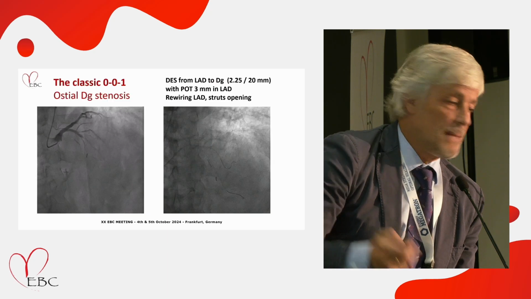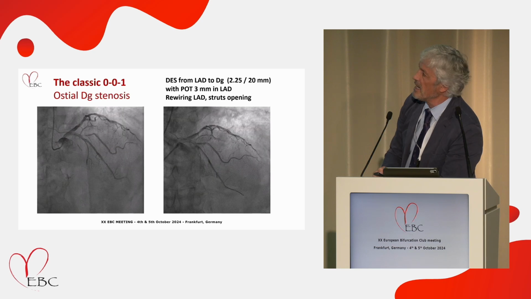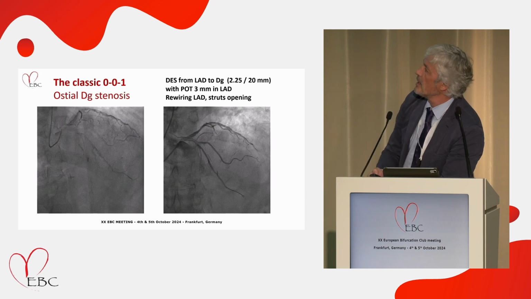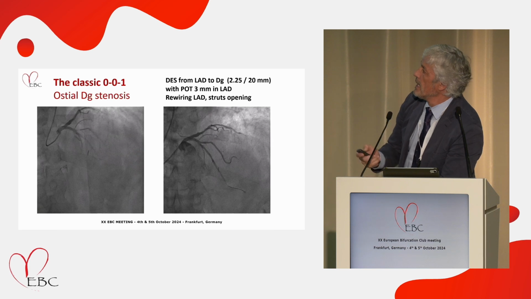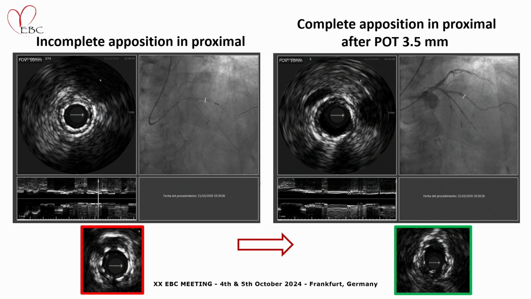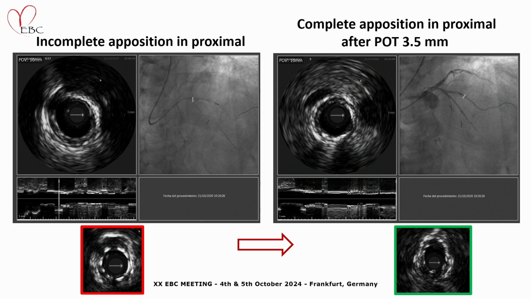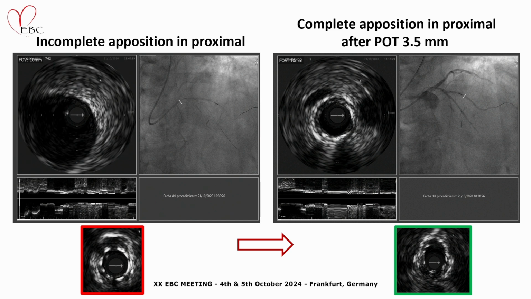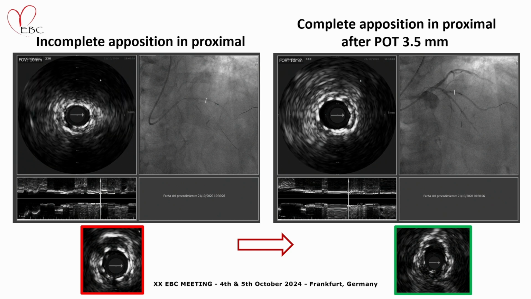We have another example of the classic 001 diagonal stenosis that was treated with the DES from LAD, from diagonal to LAD, 2.5 according to the distal landing site in the diagonal, then POT with 3 in LAD, and rewiring, struts opening, and IVUS, in this case with score registration, and it's really clear, we can identify suboptimal results that are not evident in angiography. In this case, we have a gross malapposition in the proximal main vessel of the stent that was fixed with a larger balloon POT,